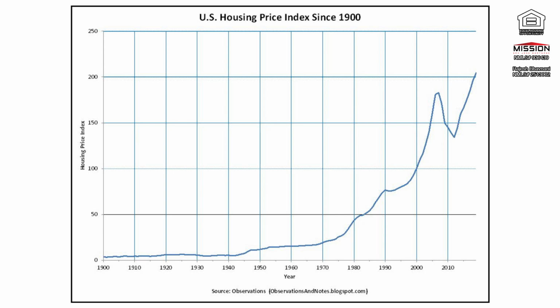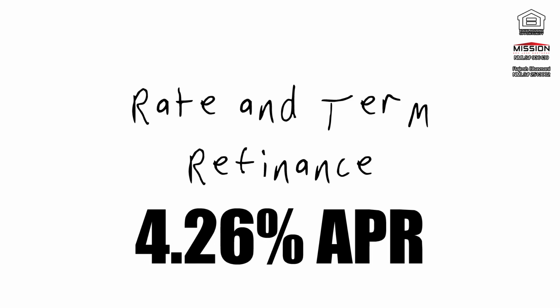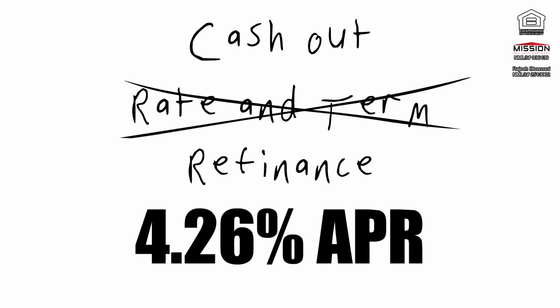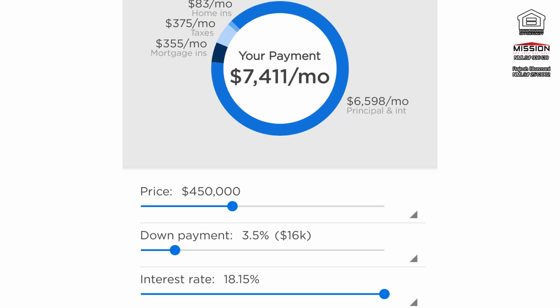And if it was me and I could afford those monthly payments, I'd buy it. 1, because over a long enough period of time, house prices historically only ever go up, increasing your equity. And 2, if interest rates go down, I can always refinance to either get a rate and term change to lower my monthly payment or cash out that equity. On the other hand, if interest rates increase, I'll only be kicking myself for not buying it sooner when interest